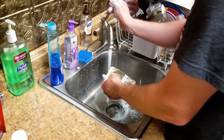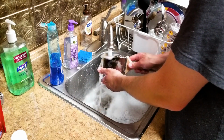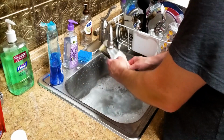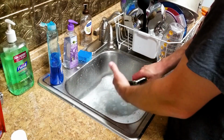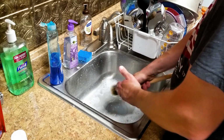You want to use hot water, rinse it from different angles, massage the paint out, and the idea is you don't want any paint or any soap left in the brush when you're done. When you fan out the brush, like when you shake it to dry it out, all of the water that comes out should be clear. If there's any color, like any white from the soap or any paint color left, then you didn't rinse it